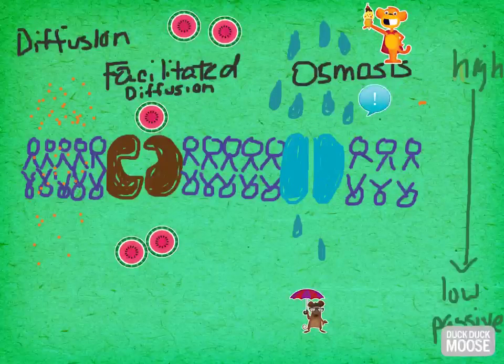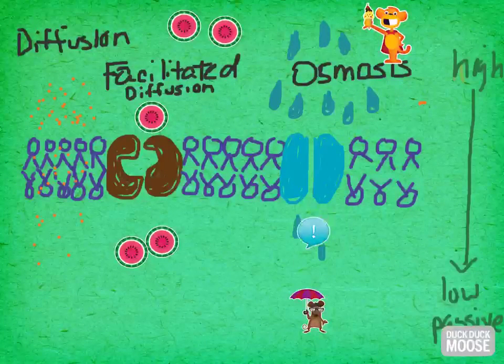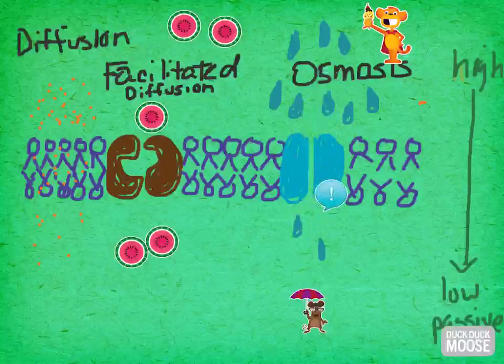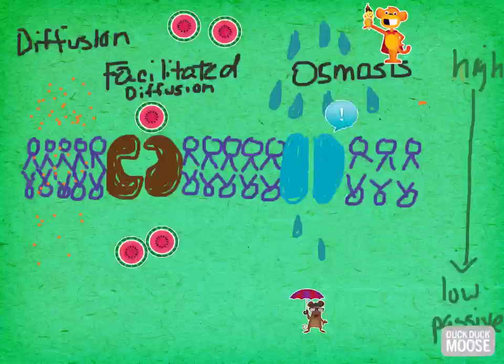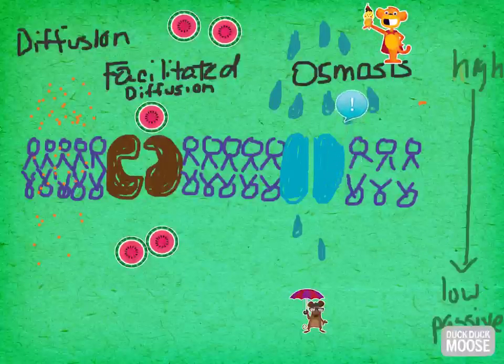And so again, it's high concentration to low concentration, and it's just moving on through because we need water to get into the cell, and we need equilibrium to be established so that we don't have too much water or too little water inside the cell. So again, this is going from high concentration to low, whether it's moving